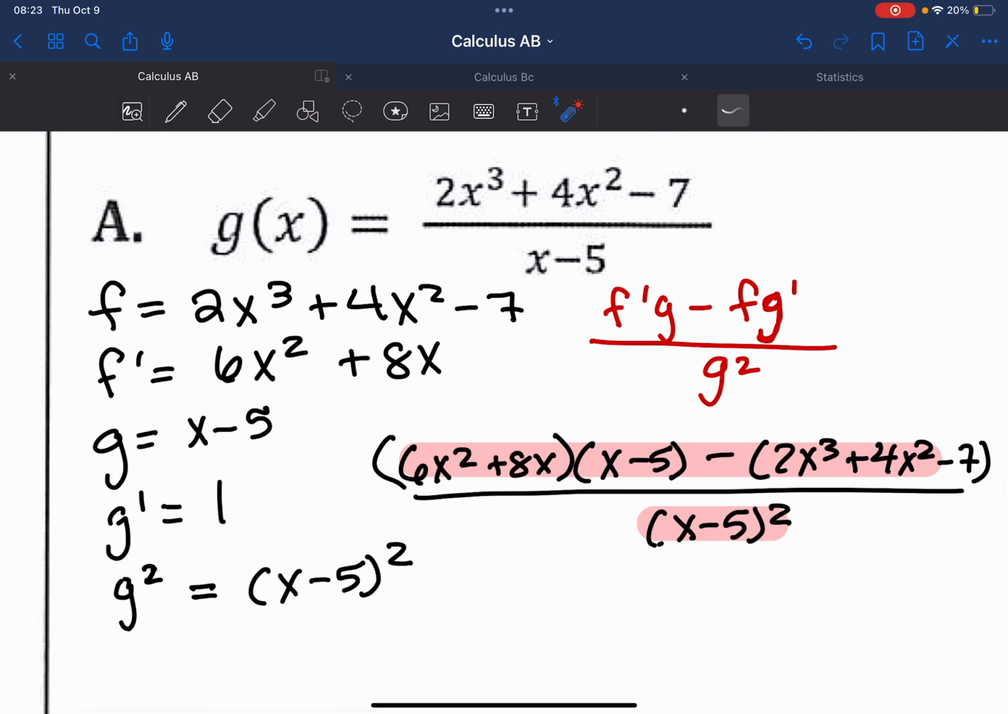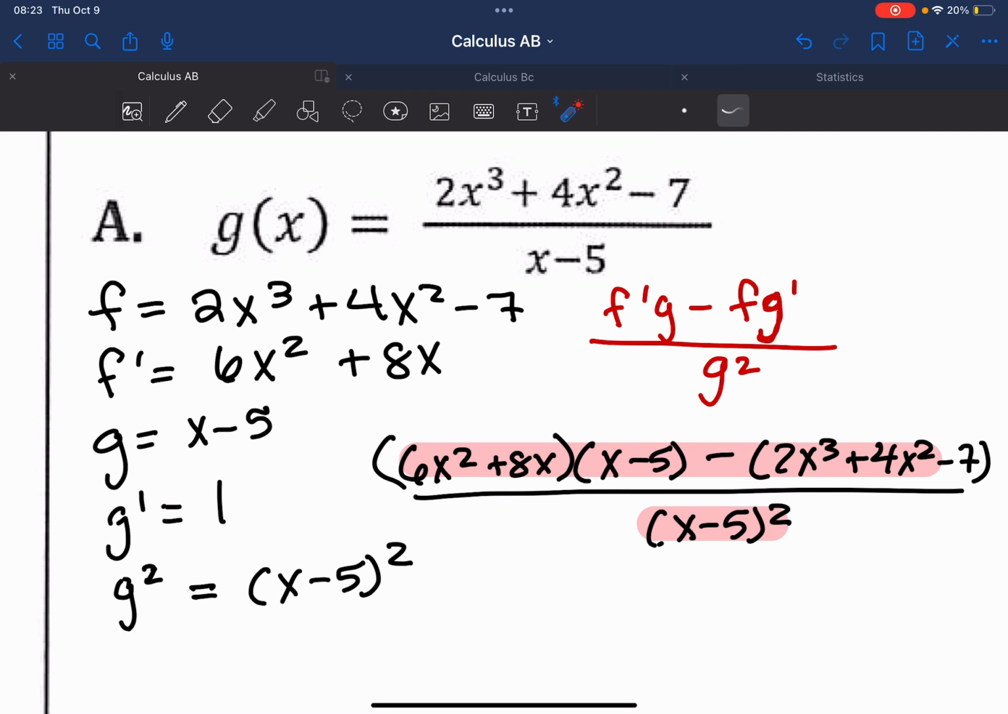Okay, so in this example, we have two functions being divided. The top function is f, the bottom function is g. We then take the derivative of each. So the derivative of f is 6x squared plus 8x, and the derivative of g is 1. And then I write g squared off at the bottom, just so I have everything off to the side in order to plug it all into my formula. So then I plug everything in. Here's f prime, here's g,